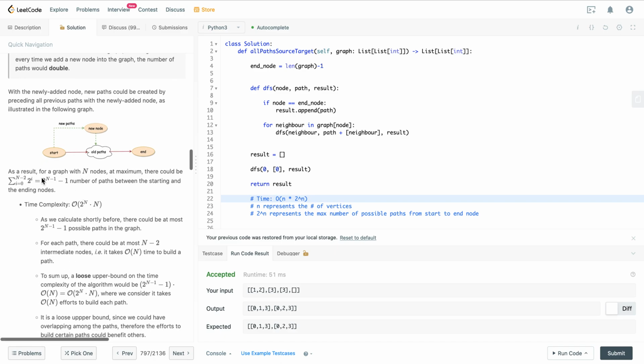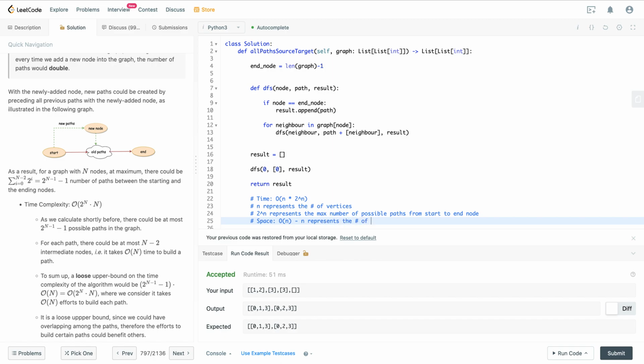So 2 to the n minus 1 simplifies to 2 to the n, times n as our possible path cost. And then for my space complexity, it would just be O(n), where n represents